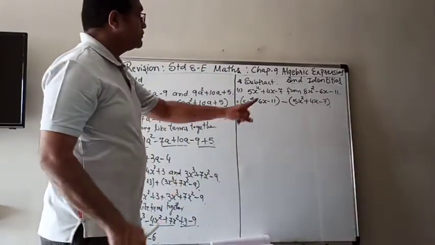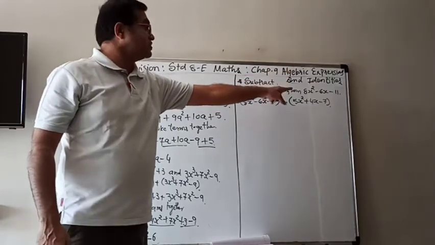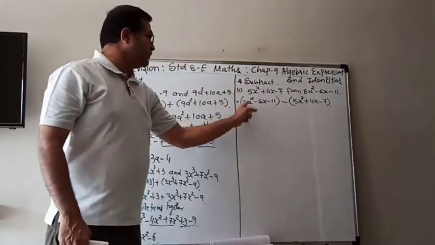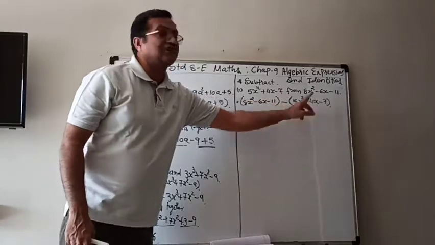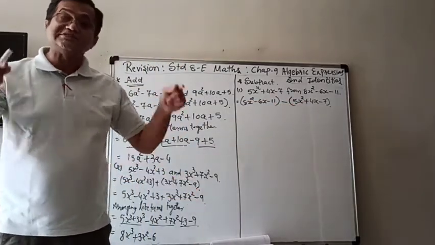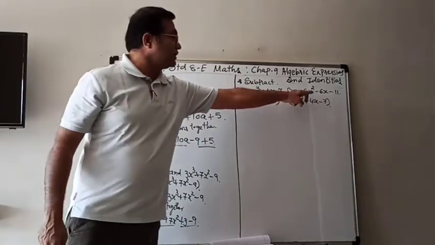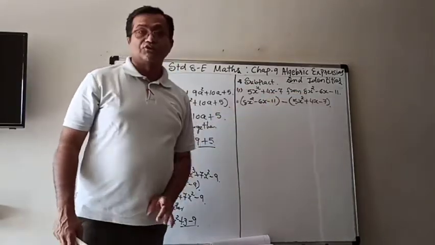So that is the first thing to remember, that whatever the expression is after from will be first, and then minus the first expression will go back. In addition it doesn't matter, but in subtraction it does. So therefore you have to be careful that that one and minus the first one.